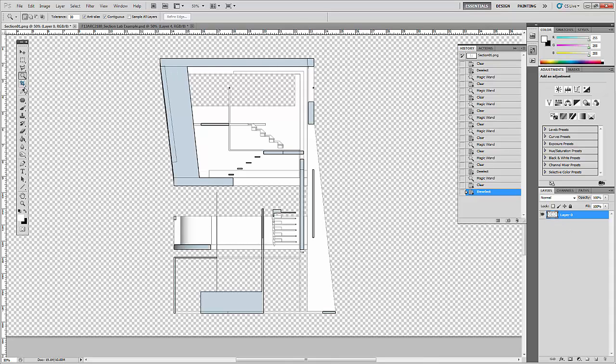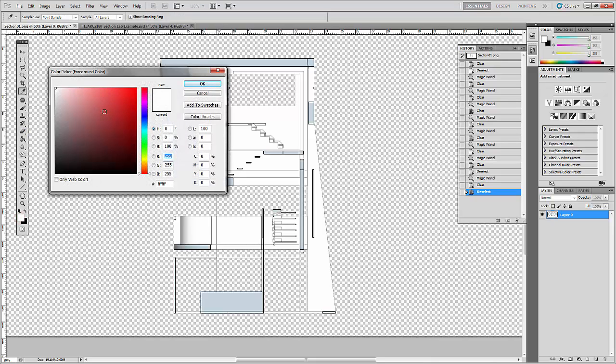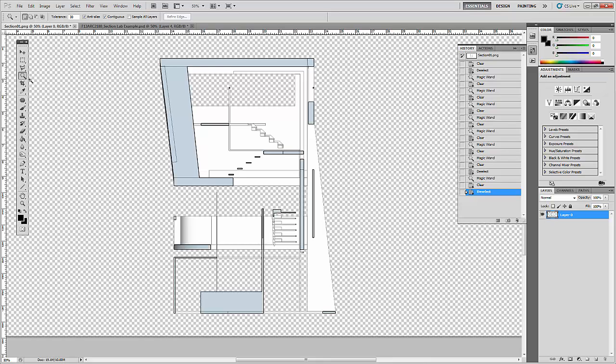And as always, there's several different ways to do it. Obviously, first, in the case that you want to make your section cut completely black, then get a black color, and then if you simply have this layer 0 as your active layer,